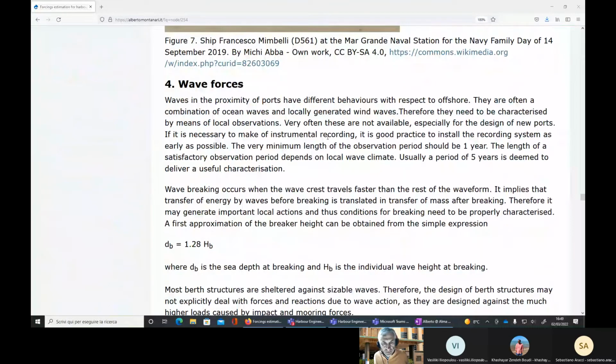Good. Now, you see that the next part in my tutorials is wave forces. Very good. Now, let me make a first premise by saying, and let me keep my website shared here, that waves in proximity of ports have different behaviors with respect to waves offshore. I think that you have some experience on estimating the behaviors of ocean waves. But actually,